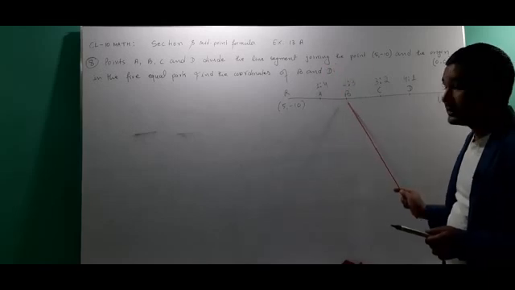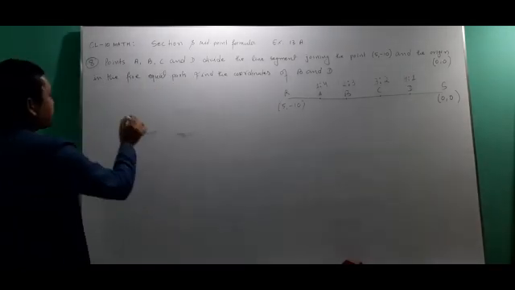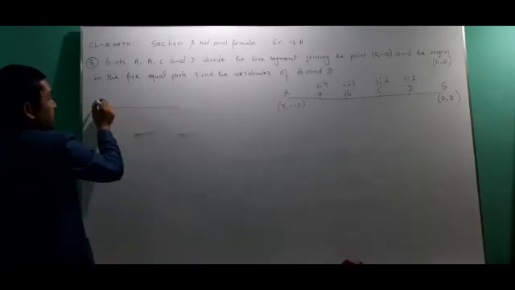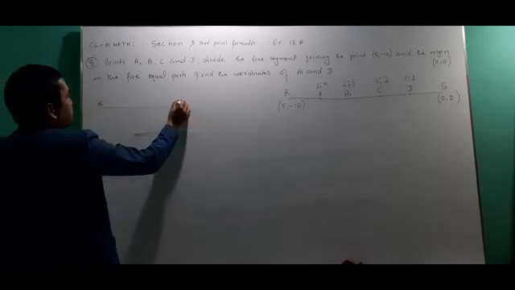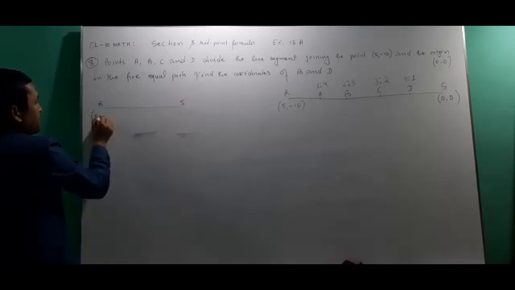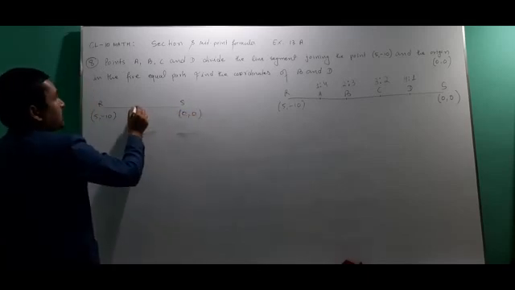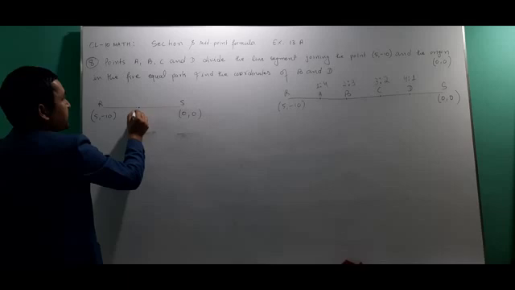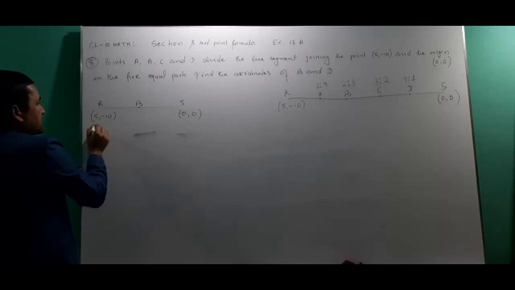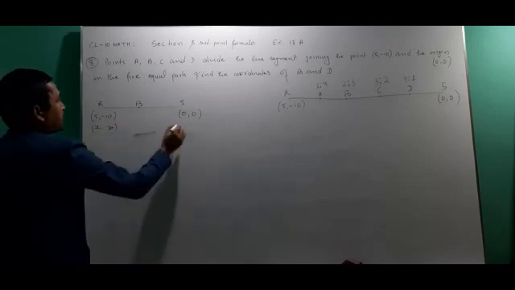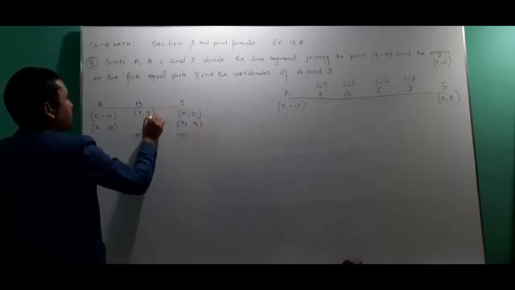Now we will get the coordinates of B, and to find the coordinates of B, once again we will draw the figure and write the endpoint names. The endpoints are R and S, and their coordinates are 5, minus 10 and 0, 0, and we are going to find B first. Then this is B. We always mark this as x1, y1, and this as x2, y2, and this is always marked as x, y.